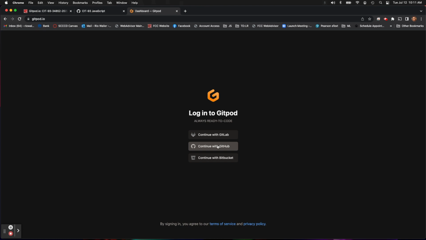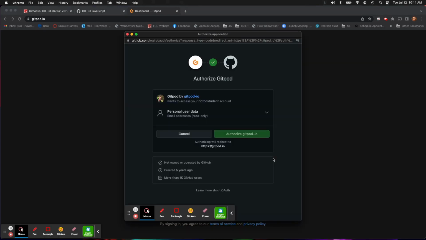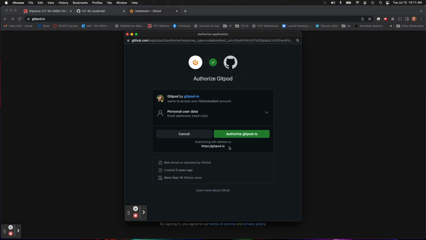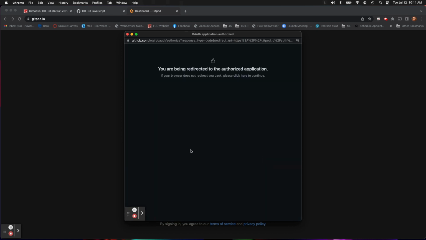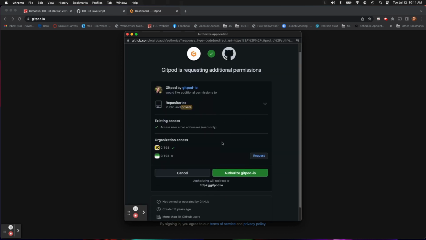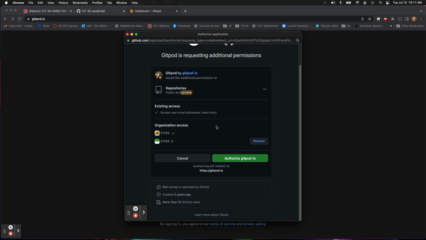repos. Okay. So I'm going to go in here, continue with Gitpod or with GitHub login. And so what I have to do here, and again, this may look a little different to you, okay? Because I've had to sign in and do this, but you're basically just authorizing Gitpod to look at your GitHub information. So we're going to authorize Gitpod to GitHub. And in this case, it's redirecting me over here, and I'm going to say, yep, public and private, that's good. I'm going to authorize them to use my